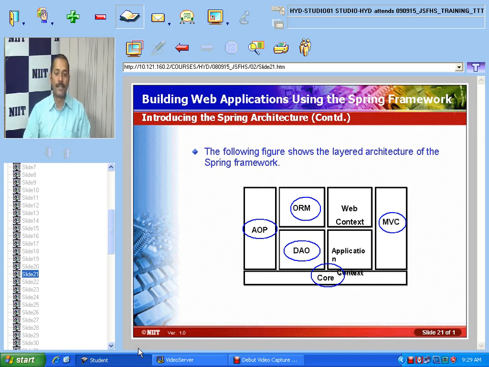Now, the application context module. This is built on top of the core module. So on the core module, the application context module will be there, and this gives you the ability to obtain application resources from the application objects through the consistent Spring API.